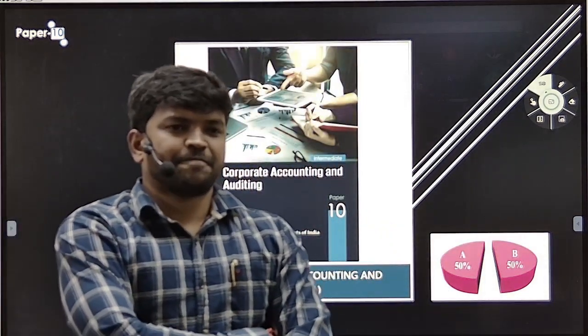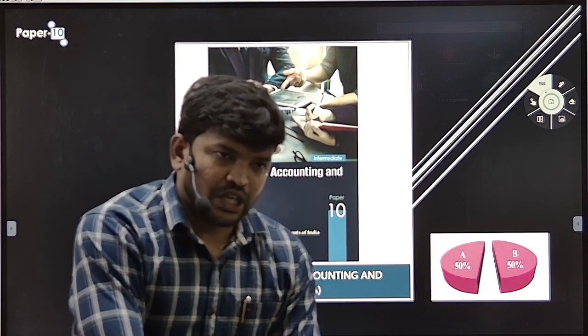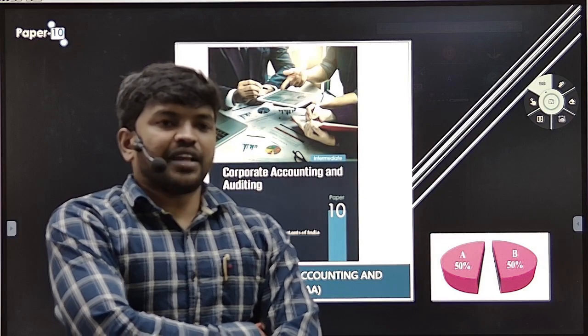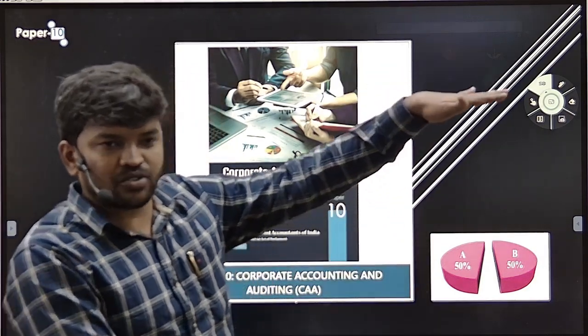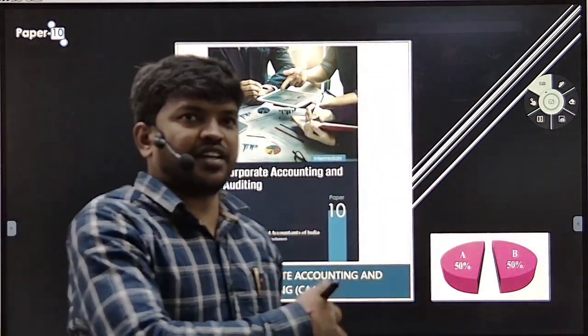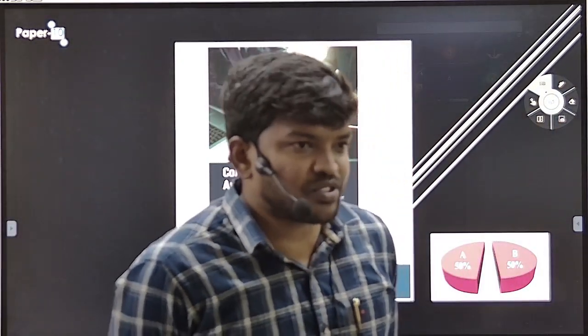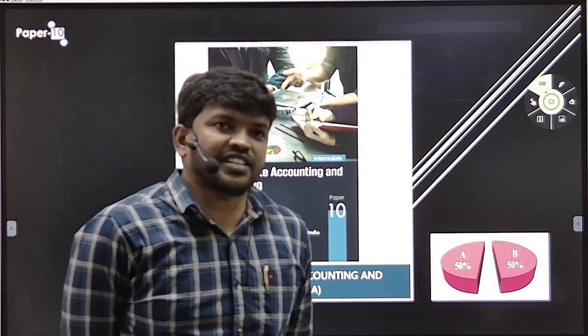Basically, to check the arithmetical accuracy, yes. Trial balance is the list of ledger accounts, debit, credit, yes. You will have a list of ledger accounts. You will prepare a trial balance, and then